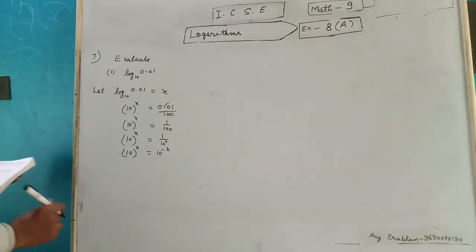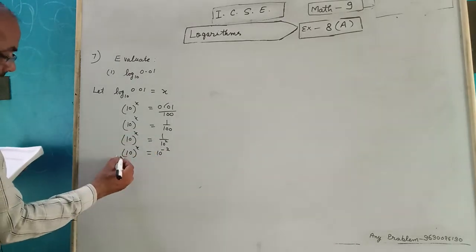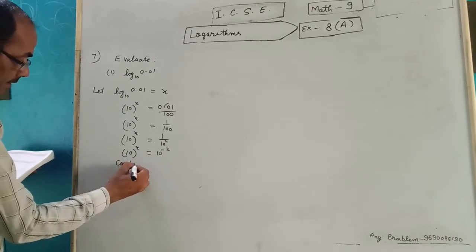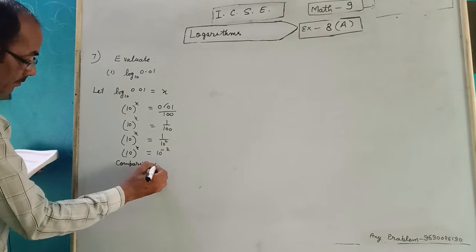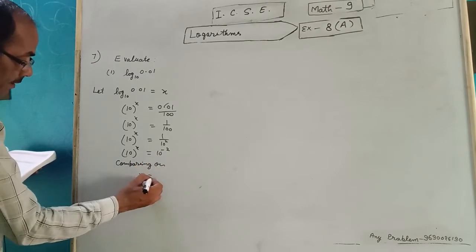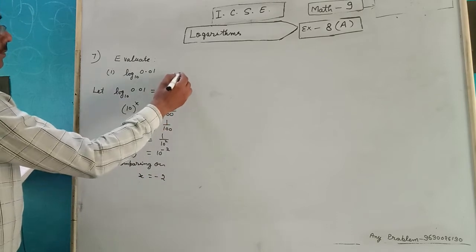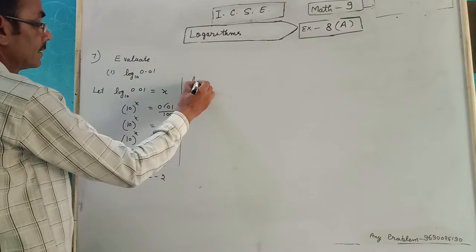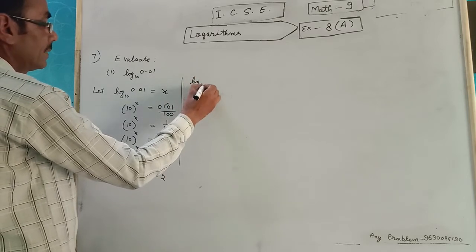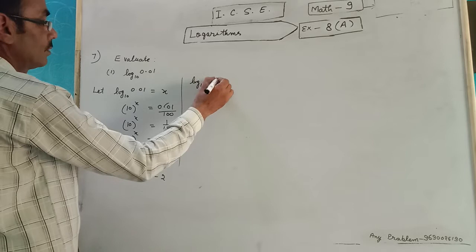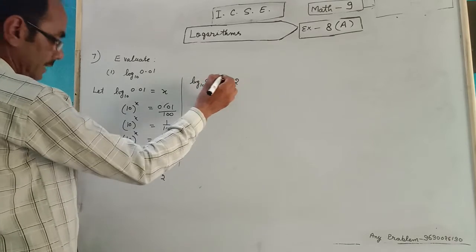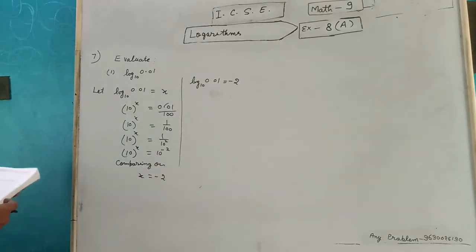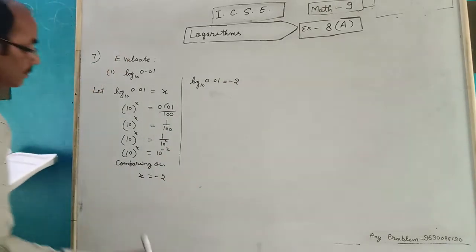Reaching the numerator, the sign will be changed. Bases are equal, comparing, x is equal to minus 2. So you write log base 10 of 0.01, value is minus 2. First part is complete. Second part is